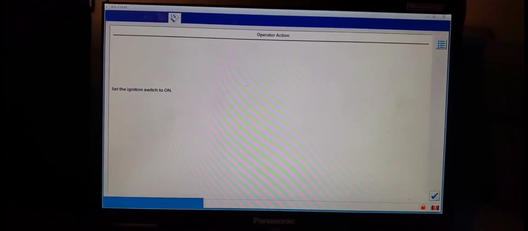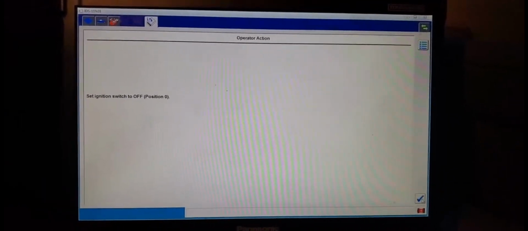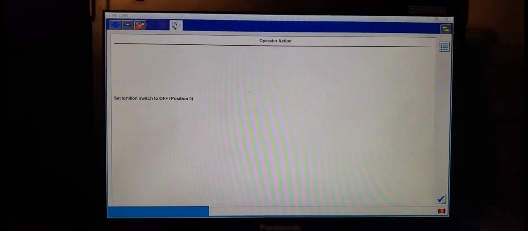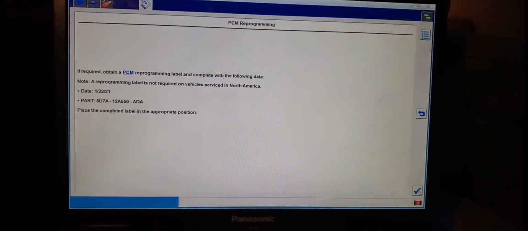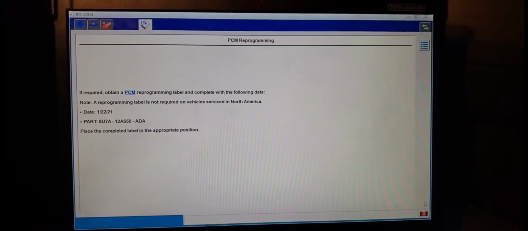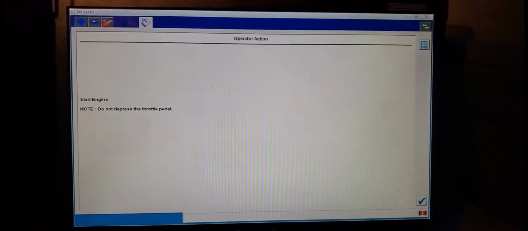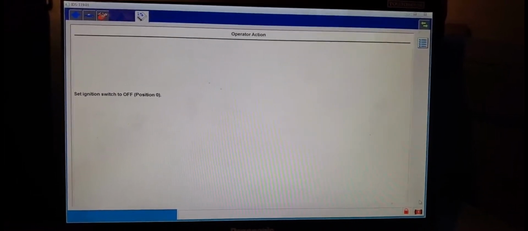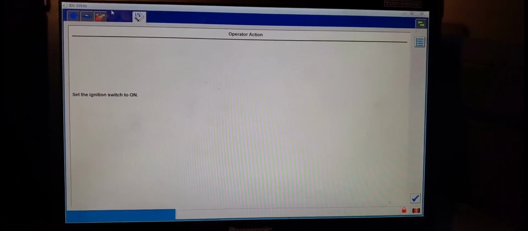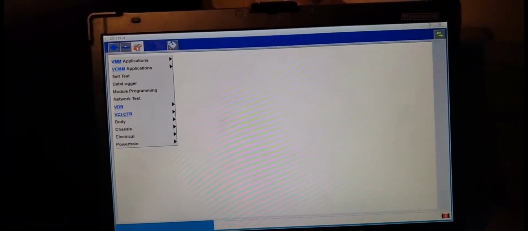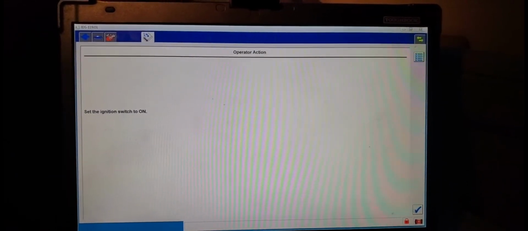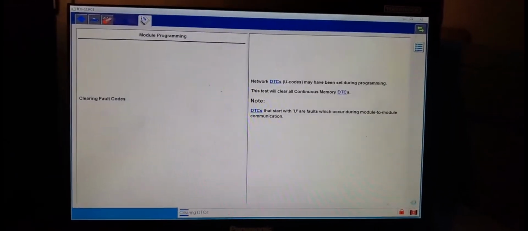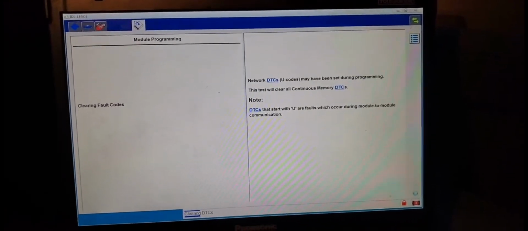Turn the ignition on. What do we need to do now? It will tell us the programming is done, with the switch off. Now we have to do the program check. Load it. That's the software I have in. Okay, now we're going to go back to programming the key. Okay, ignition is on. Now clearing the codes. And the second thing we're going to do is to